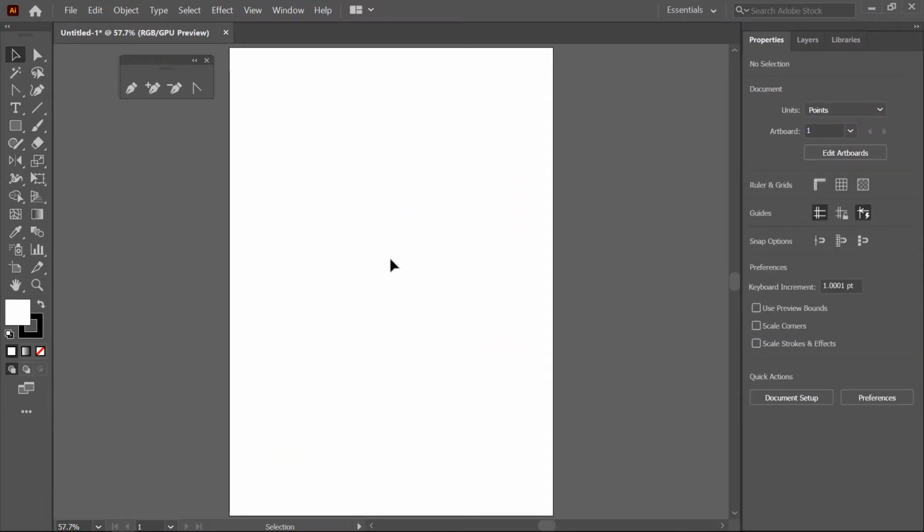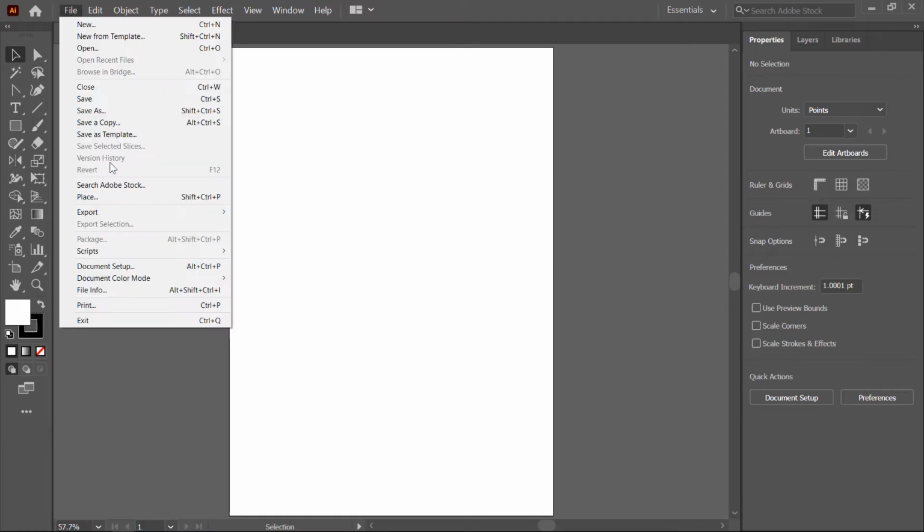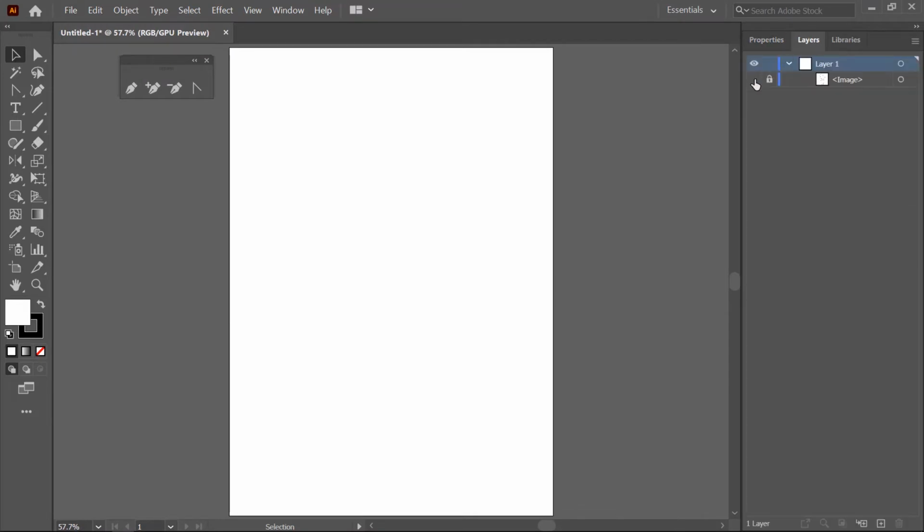Now I draw a cartoon shape by using the pen tool. I already placed a reference image in the artboard, but it's currently hidden. If you want to place a reference image in the artboard, you can use the File, Place option. By using this option, you can place any reference image in the artboard, but I go to the Layer menu and then show this layer. Make sure this layer is locked. By clicking on this area, you can lock an image.